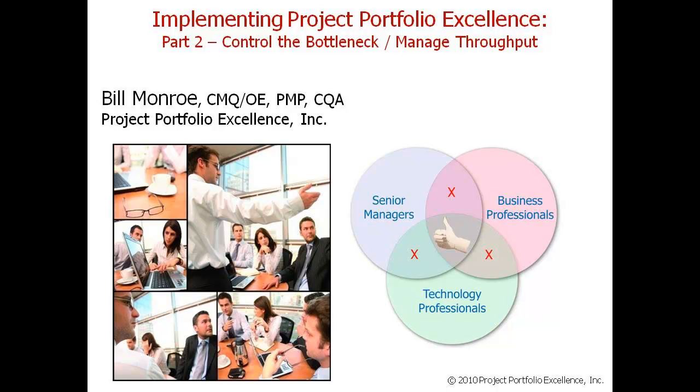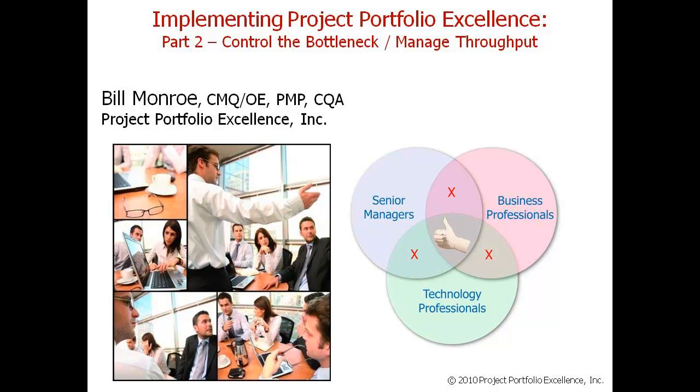The title of this video is Control the Bottleneck, Manage Throughput. In part 1 of this series, we talked about how we need to take a more holistic view of our software development and project management lifecycle processes. We also talked about the importance of establishing a more effective collaboration between business and IT, and how we can measure the quality and fitness for use of our project deliverables to give us feedback on how well we're achieving